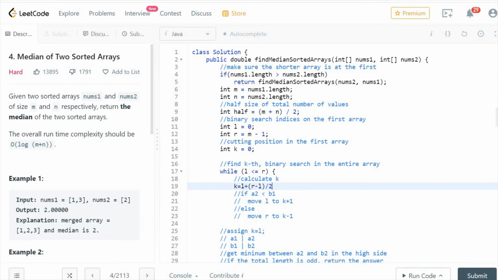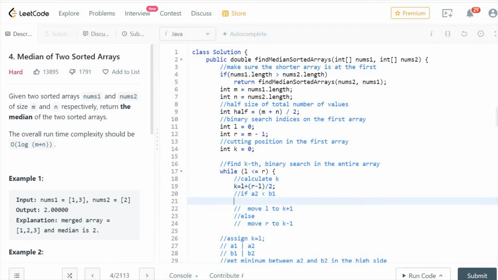And here we have if A2 is smaller than B1. A2 is nums1 at position k, and B1 is in nums2, and the position is half minus k minus 1. So we compare these two values, and if A2 is smaller than B1, then we will move